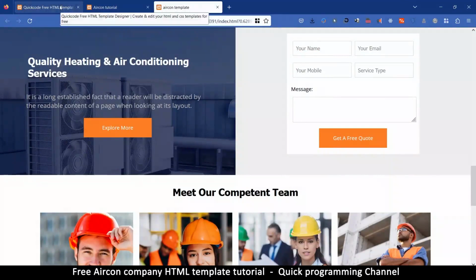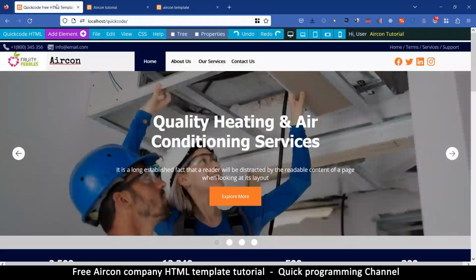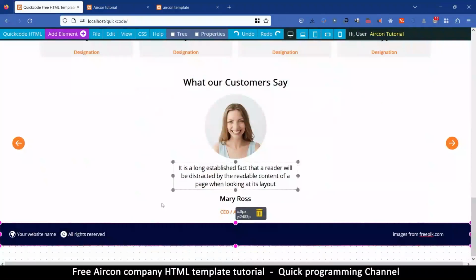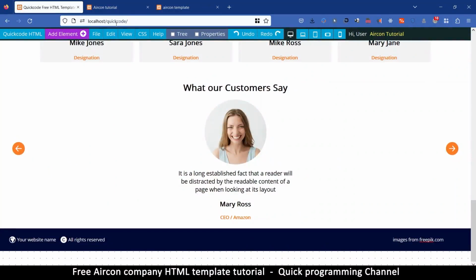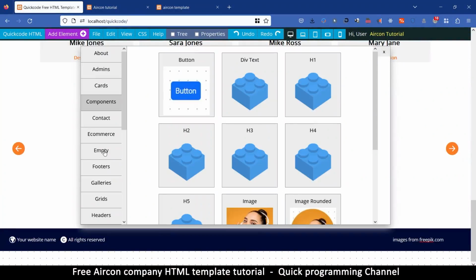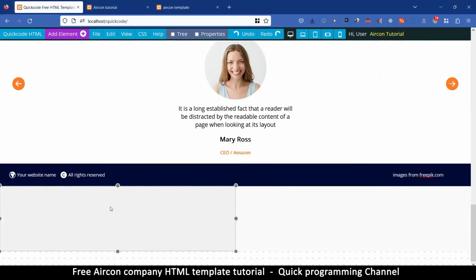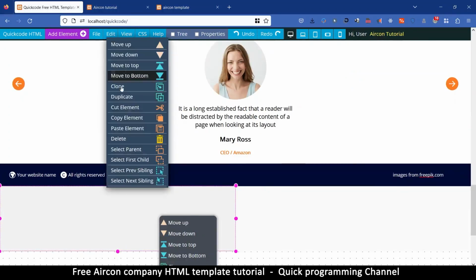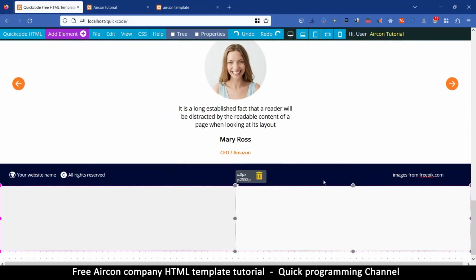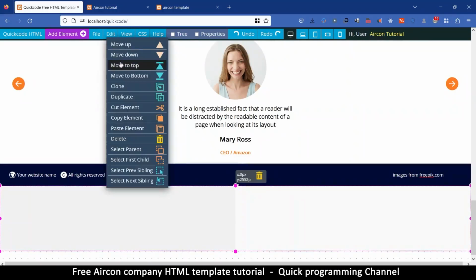So what I'm going to do is go to here, and I want to, let's see what we can do here. I want to add, let's go to add element, and let me add a grid, this one here at the very end. So I'm going to select the parent, so edit, select parent, select the container, and then move it